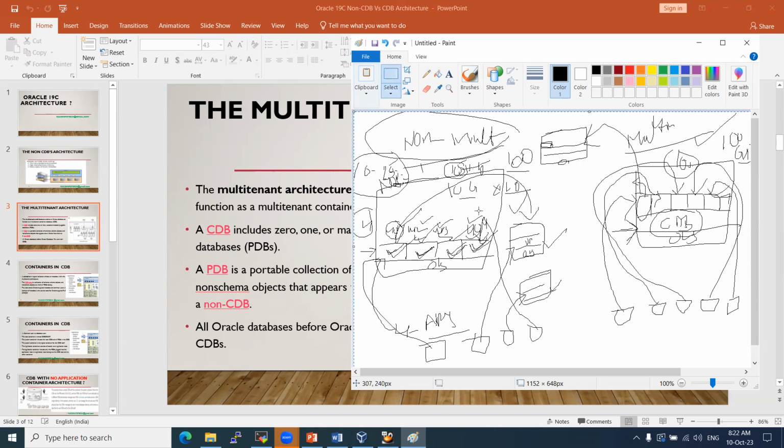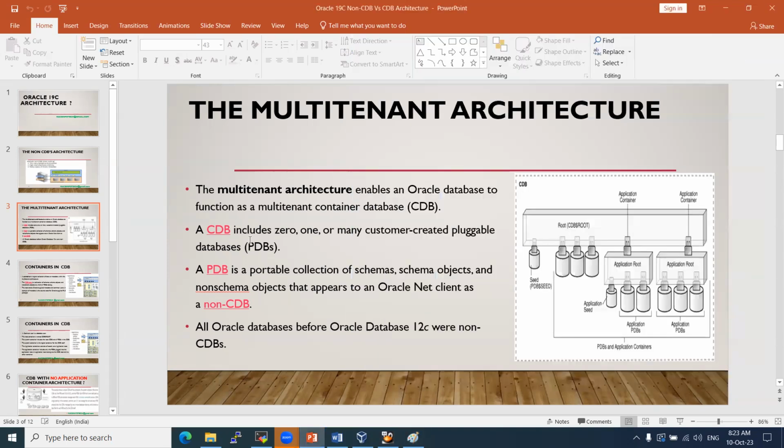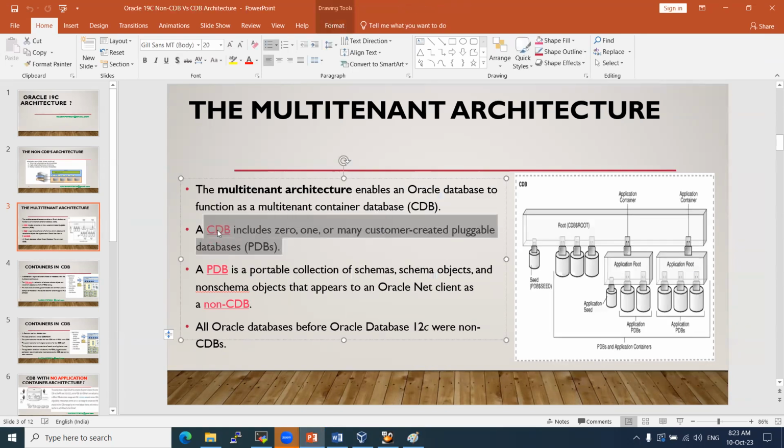This is non-multi-tenant architecture, and I'll show you the diagram in a couple of slides. In multi-tenant architecture, we are using CDB and PDB mode. CDB means container database. It holds your database binaries or software related information. Okay, without any PDB also you can create a container database and you can use that as well. There are no restrictions, right? A CDB includes 0, 1, or many